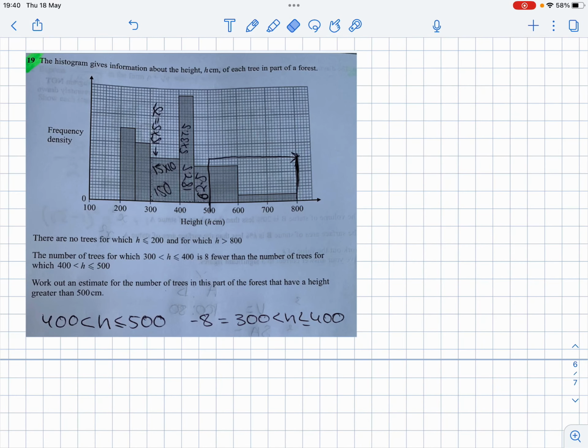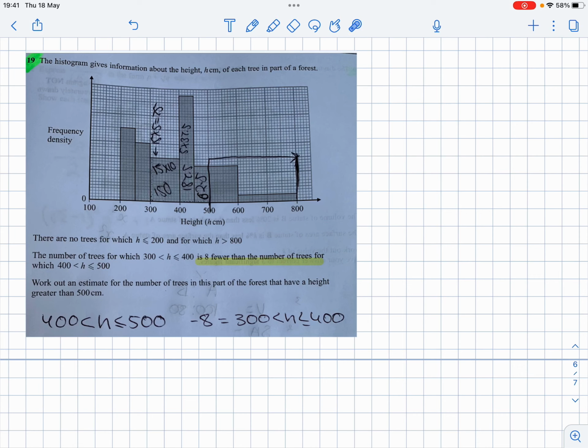Hi Sophie. So the good news is this is really similar to the one that we did in the lesson today. And the key to it is this idea that in one section you've got 8 fewer trees. Okay, so this one lends itself really well to comparing the number of squares that represent the area between the